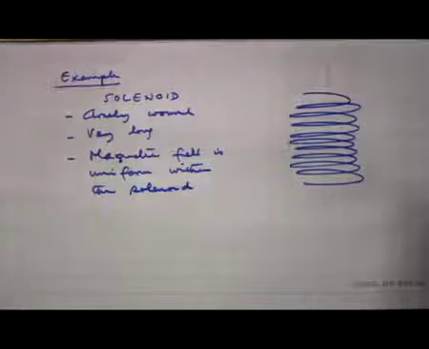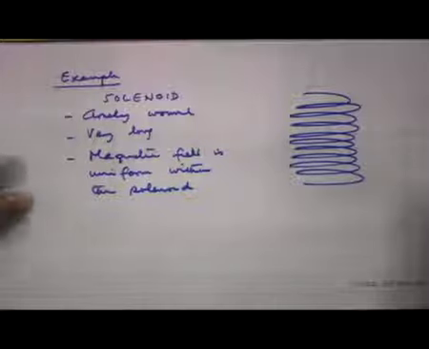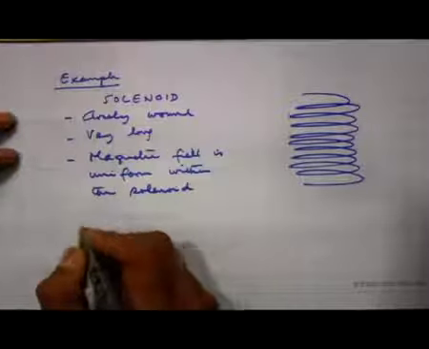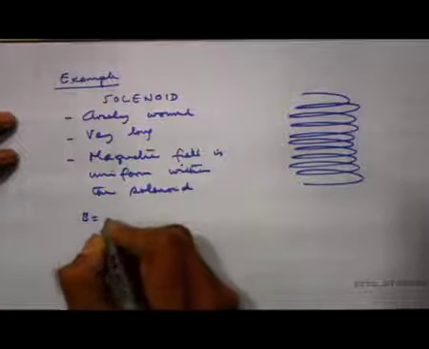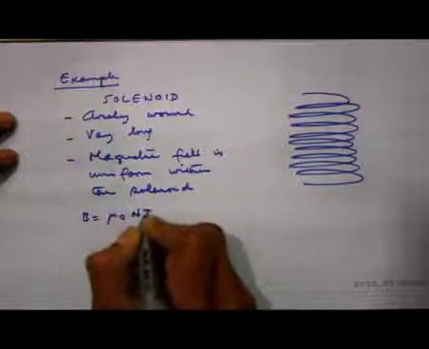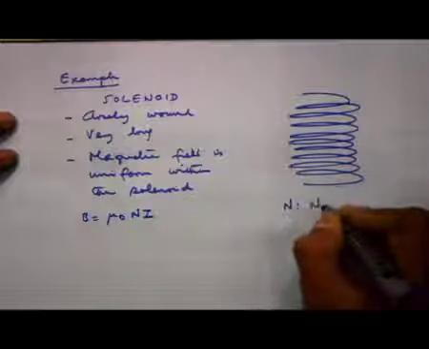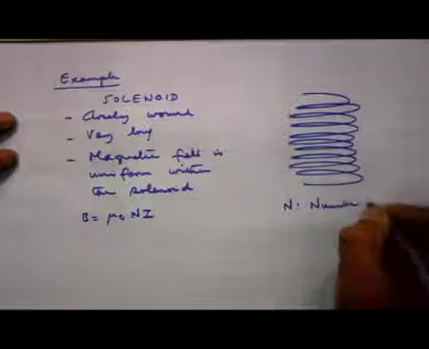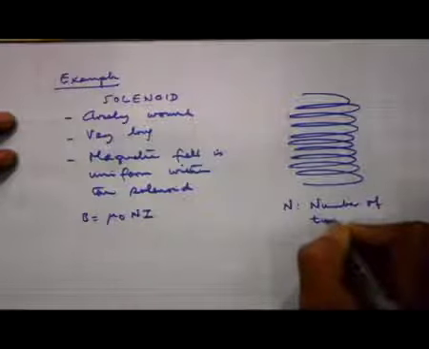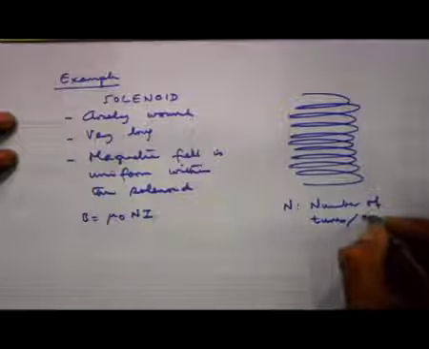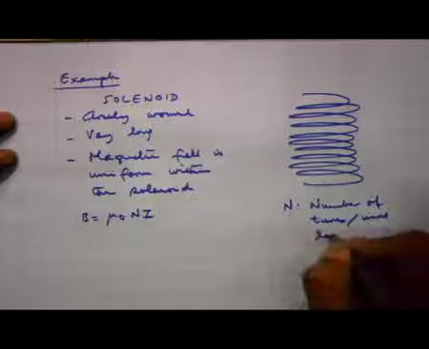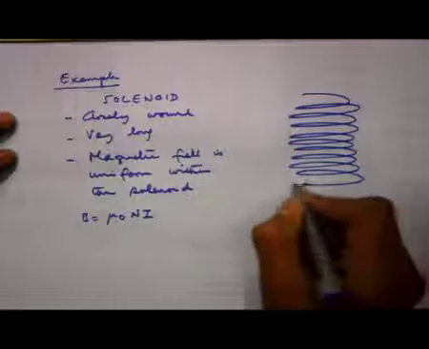And it is 0 outside. As we have seen before, in a closely bound solenoid, the magnetic field within the solenoid is uniform, and what is the magnetic field? We have already calculated, B is equal to mu naught n I, where n is the number of turns per unit length,